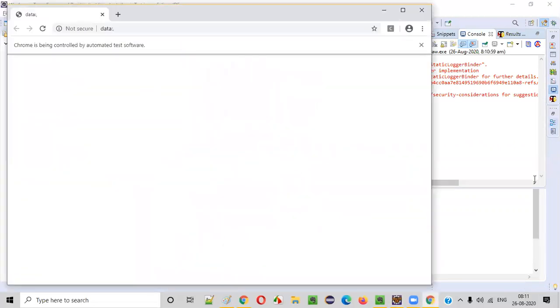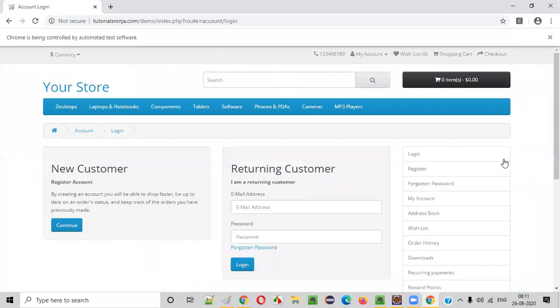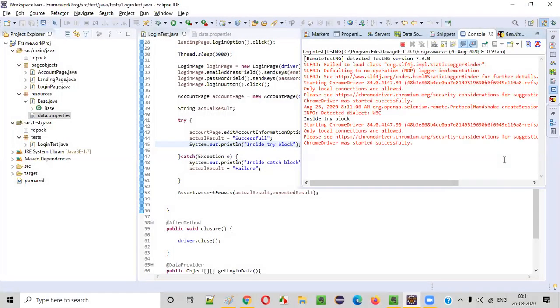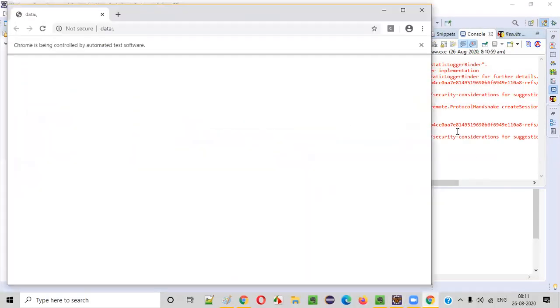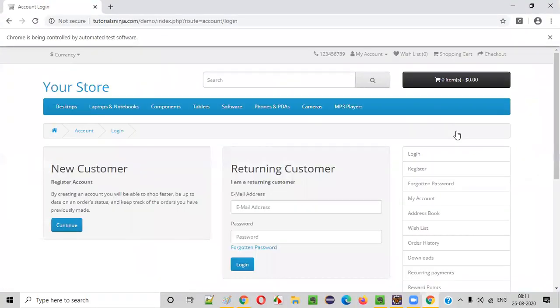Based on these printing statements, we can understand the flow and see whether we can troubleshoot the problem or not. Inside try block, for the first test. The second test we have to see. Where exactly the navigation is going, we have to see for the second test.